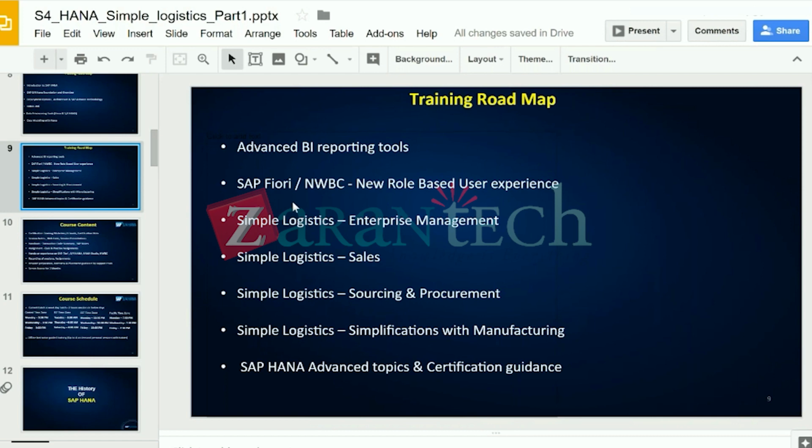So basically, for the indirect procurements, if you see the overall procurement side, the basic and the biggest change which is coming is with the Fiori applications. So the whole process we can run with the Fiori applications. That is the biggest change in the process. Although we can still do the standard process with